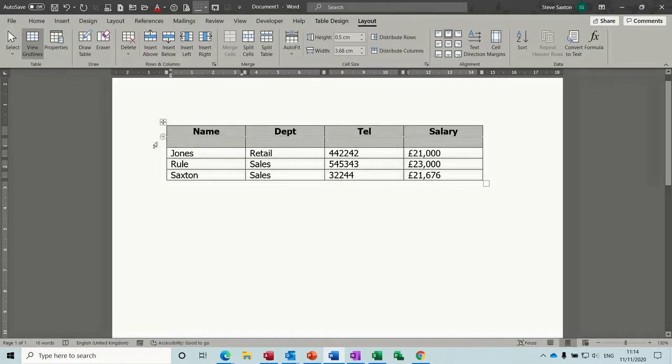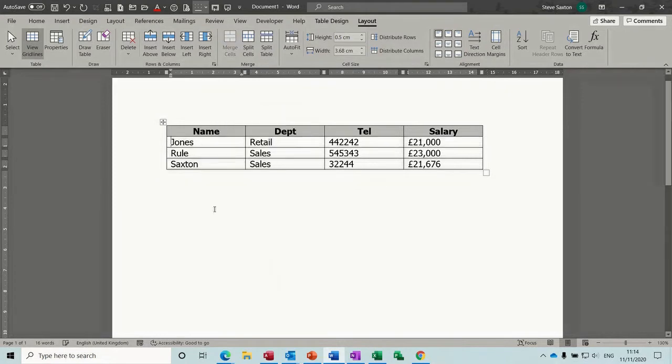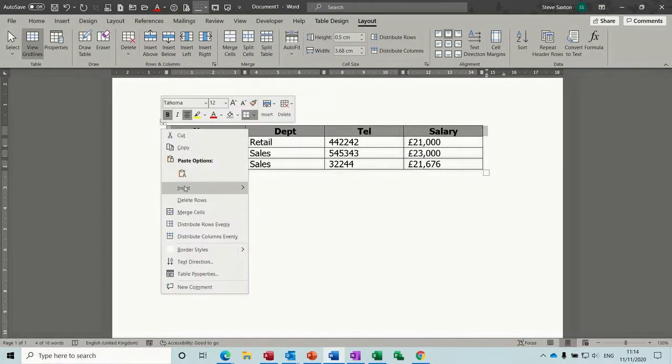But I don't want that, so I'm just going to get rid of that. Right click, delete row again. There's lots of different ways of deleting things. You've got delete at the top there, you've got insert above and below, insert left and right, lots of different ways. But I want to insert above, so I'm highlighting the top row and then right clicking insert above,